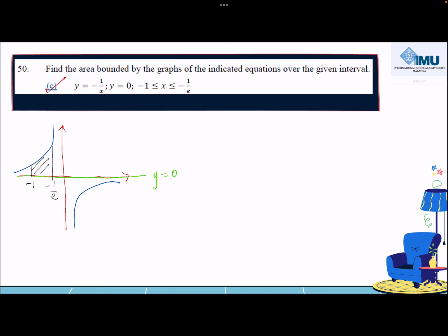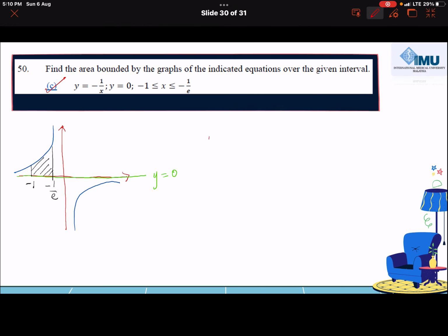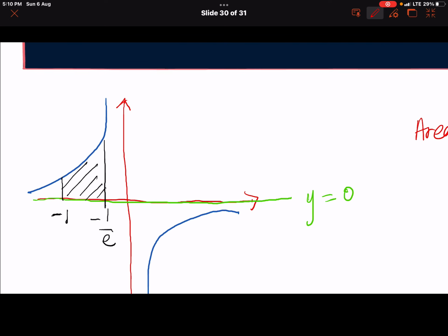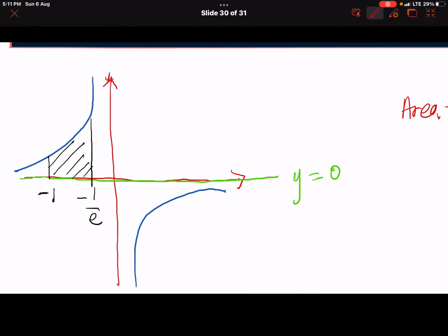It will be from negative 1 to negative 1 over e. Now you know already the area of your shaded region. Use the formula of integration, which is from negative 1 to negative 1 over e. Now let's look into here. Which is going to be the upper curve? Which is going to be the lower curve? Correct. The upper curve will be your reciprocal function, y equals